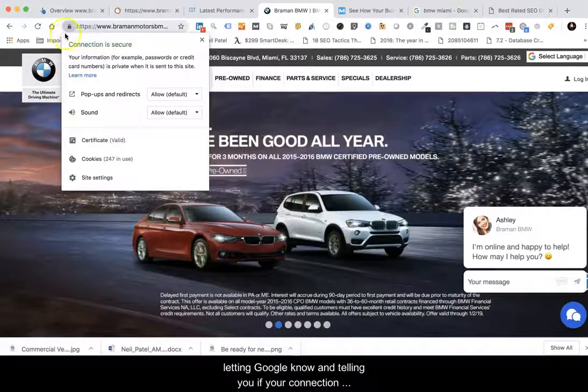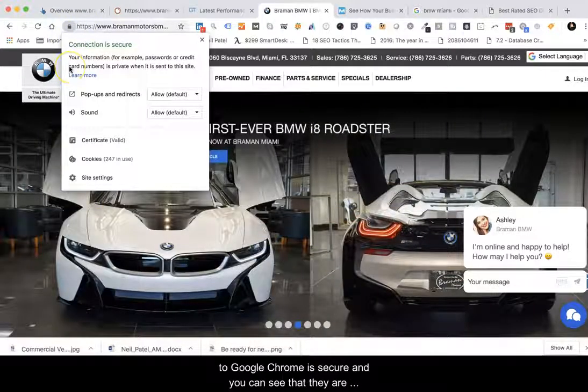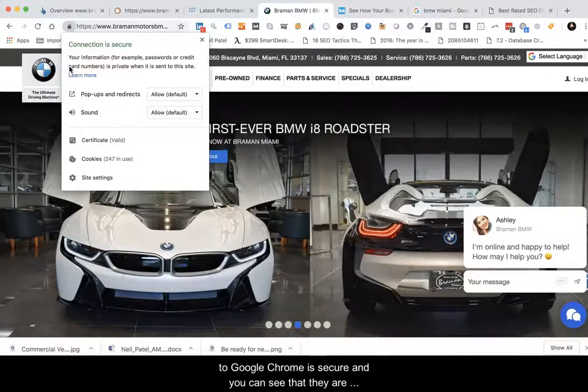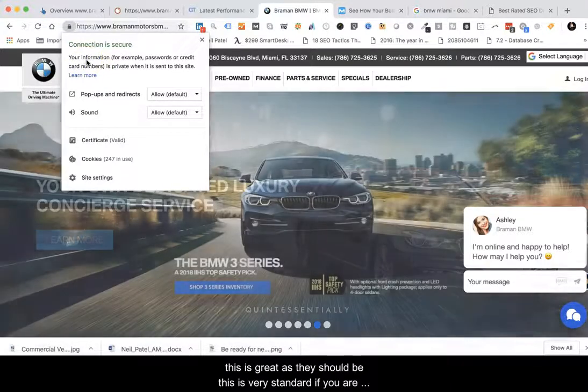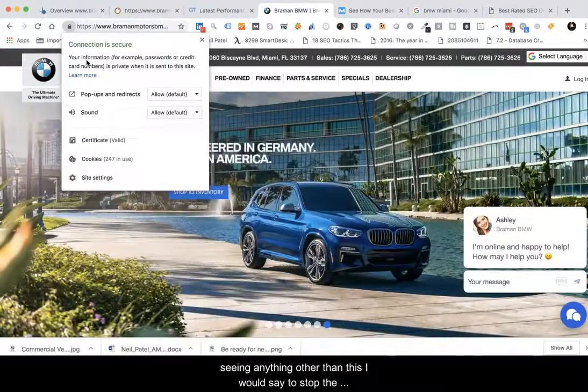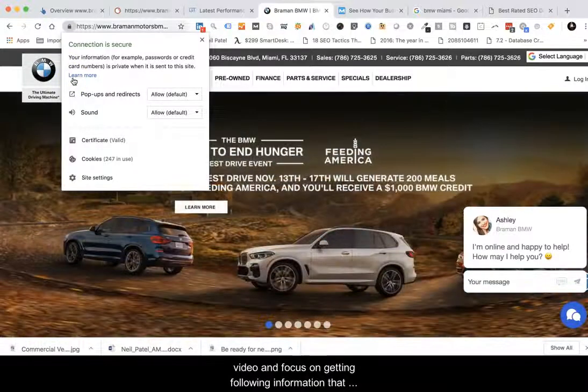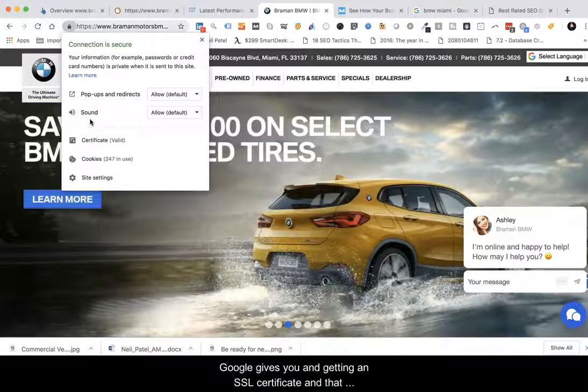So this is essentially letting Google know, and telling you, if your connection to Google Chrome is secure. And you can see that they are. This is great, as they should be. This is very standard. If you are seeing anything other than this, I would say just stop the video and focus on following the information that Google gives you and getting an SSL certificate,